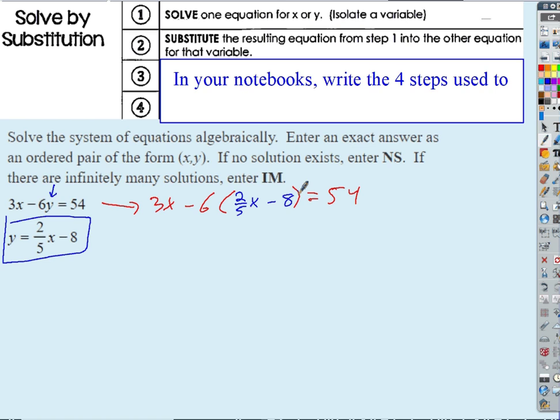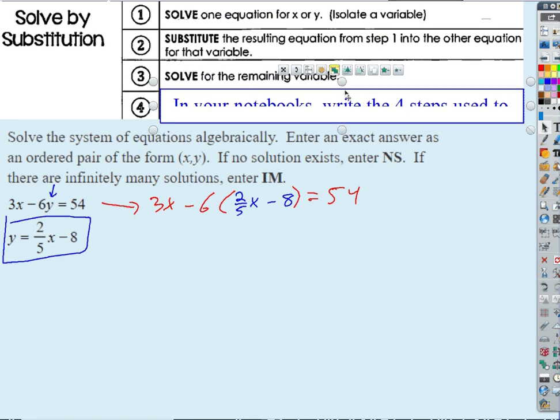Okay, so now what? What's the next step? Kai, what's the next step? I made my substitution, now what? You distribute. Okay, good, and that's all part of the process of solving, right? Now I've only got x's in there, so I gotta go through all the steps to solve. So the first step is I probably gotta distribute that -6, right? And so that's gonna give me 3x